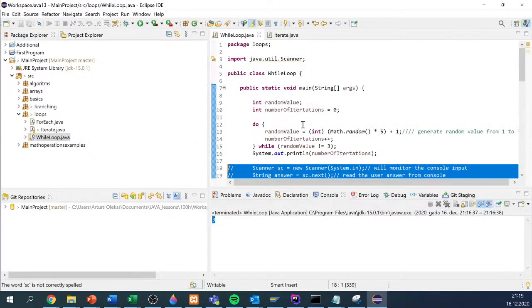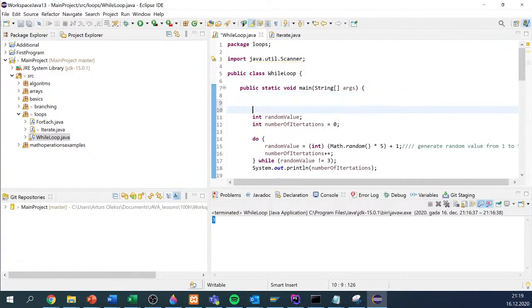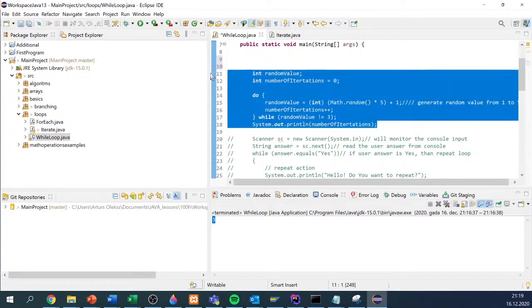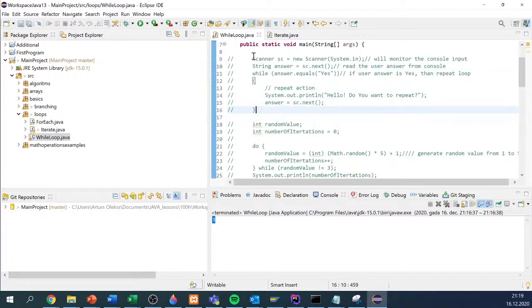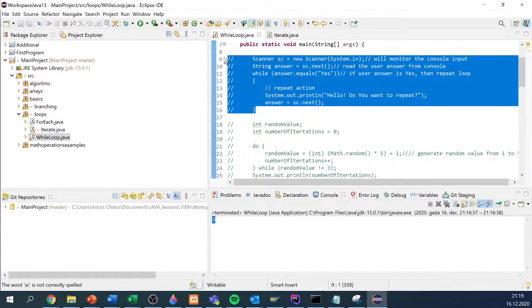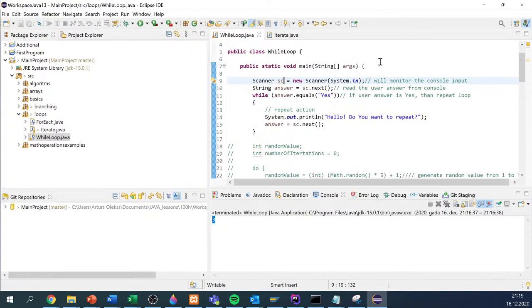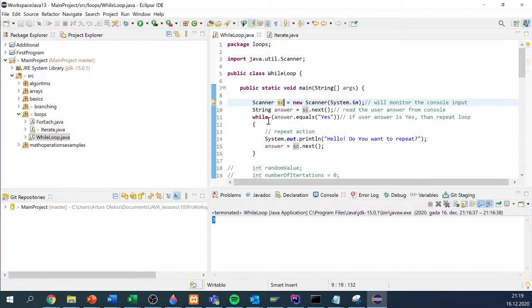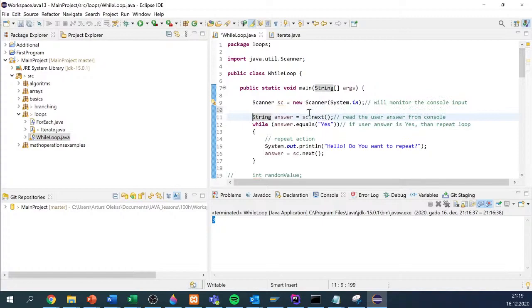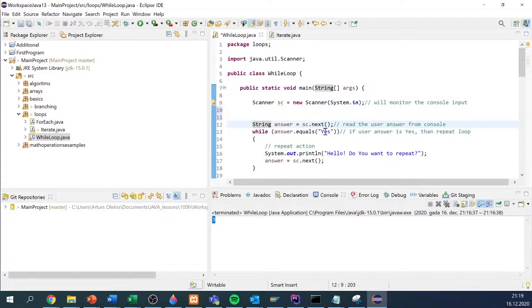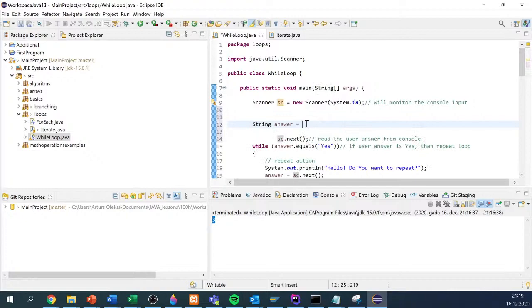We can copy this and just rewrite it in a different way. Again, I will comment out the code. As you can see, if the answer here is not yes, then we will not go inside the cycle. But if I declare the string here as just an empty string,